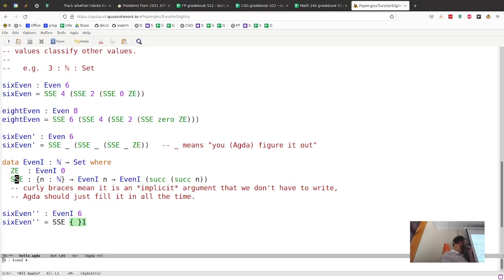Haskell's not willing to do this, right? Haskell will yell at you that you have multiple things defined. Now, this might be confusing, so maybe you don't want to do this, but it would be a choice about whether it's readable to humans, not whether Agda cares. But notice it only made one hole there, and if I ask about it, so Control C, Control comma will show you what the